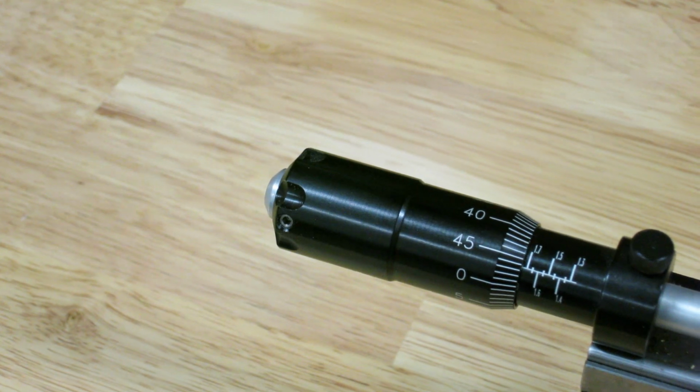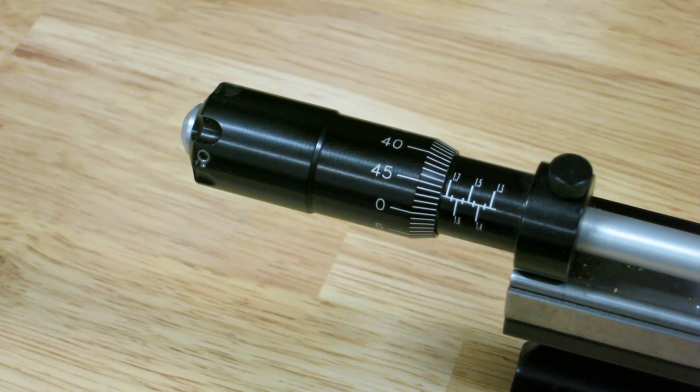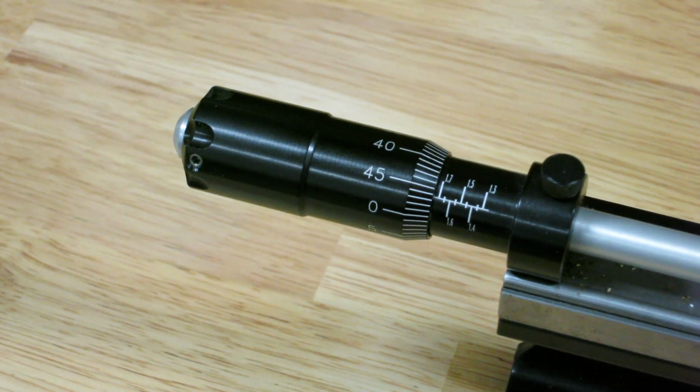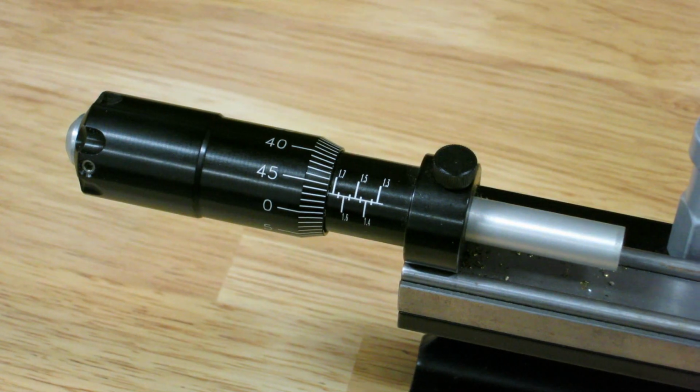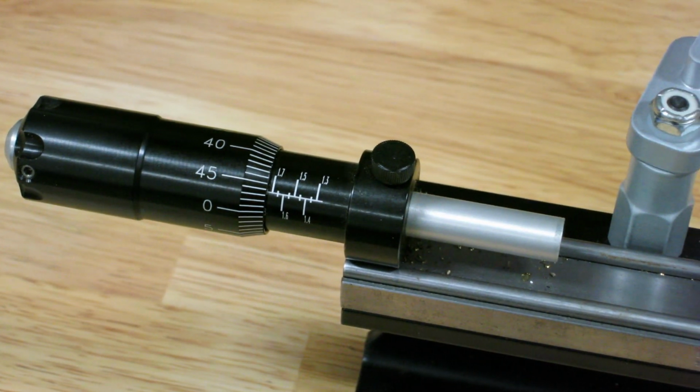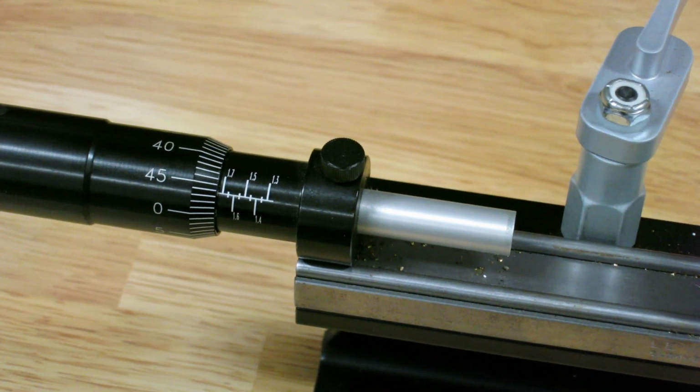At the left of the device is the micrometer. This is adjustable by thousandths of an inch and allows you to precisely set the length of your case trim. You'll see at the top of it a little knob that allows you to lock the setting. The silver post emerging from the micrometer is the post against which the brass will seat and allows you to